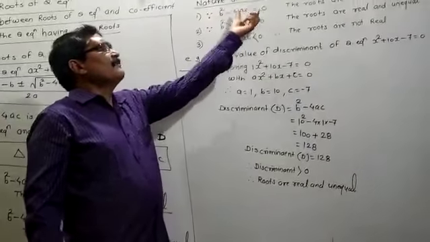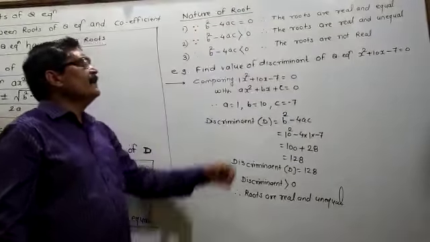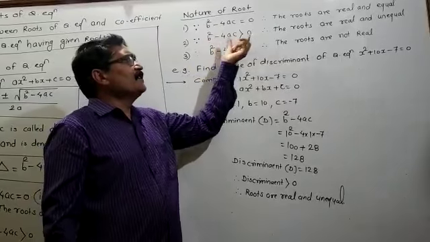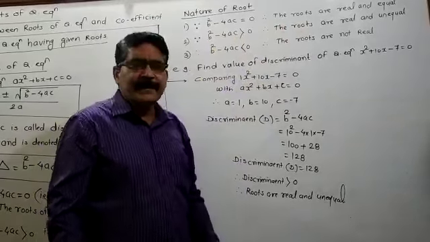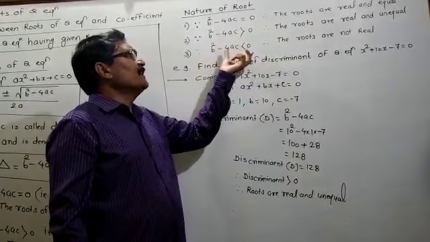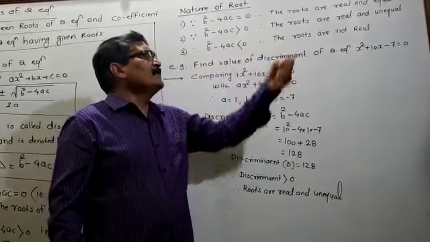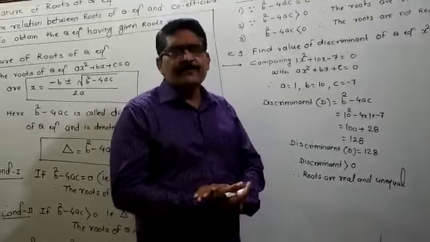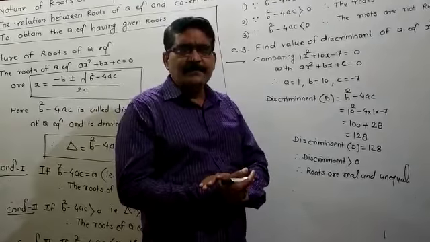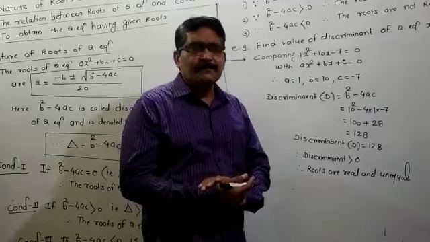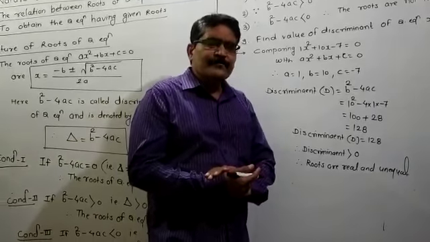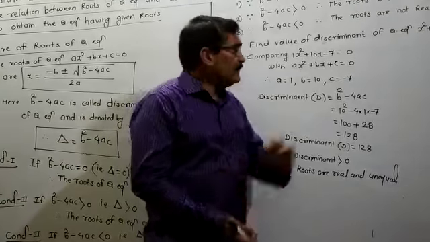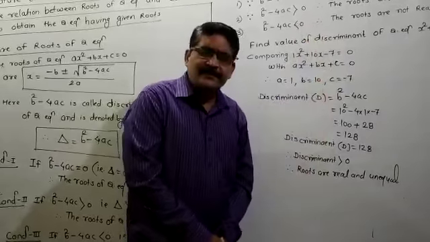That's why, in short, you have to learn these things. When discriminant is equal to 0, roots are real and equal. If discriminant is greater than 0, that time roots are real and unequal. And when discriminant is less than 0, at that time you will say that there are no real roots, means the quadratic equation does not have any real roots. Okay, I think you understand this first topic. You have to learn these things and you have to write all these things in the notebook.